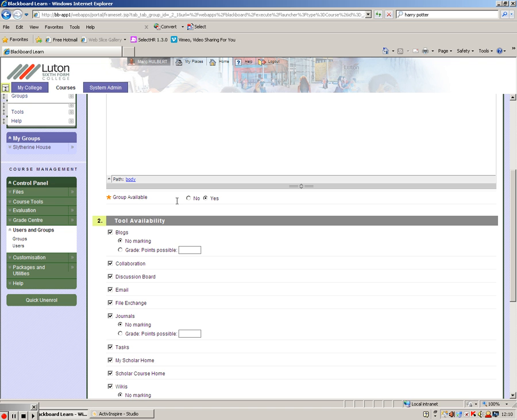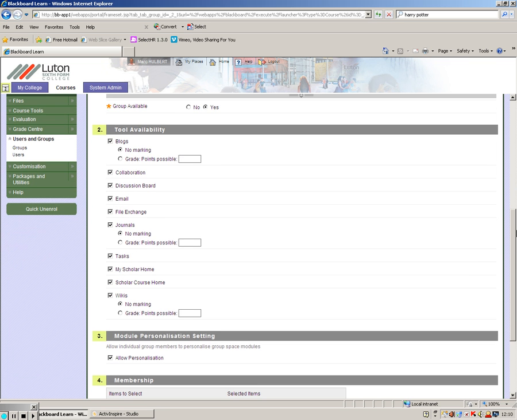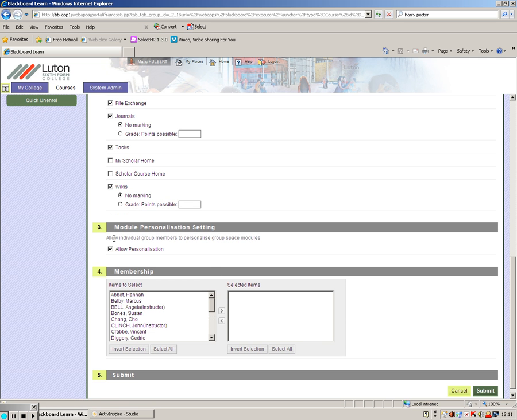Make sure then that the group is available, and under tool availability you can assign certain tools to the group. We'll do more on that later, but certainly at the moment I know that I'm not going to be using my Scholar Home or the Scholar Course Home, so I'll take those out and I'll make everything else available to the group. I'll allow them to personalize it, and then